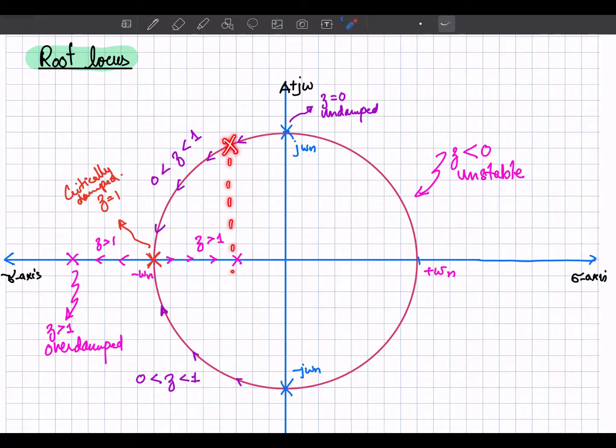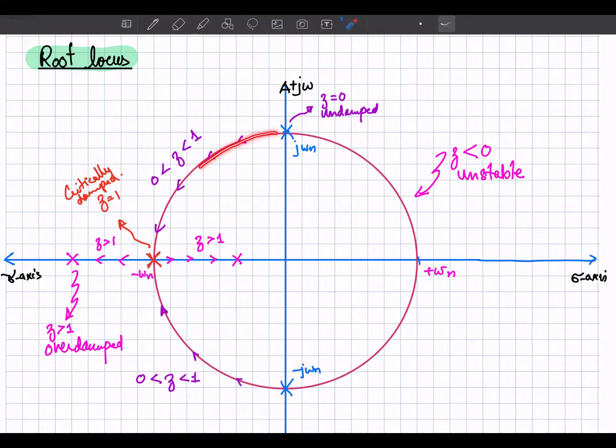If there is a pole over here, there will be the mirror image of this pole over here. Now if we increase the zeta, this pole moves over here, and this pole moves over here, and so on. If we keep on increasing this zeta, our pole will be taking this path, moving from here to here. So when the zeta is between 0 and 1, our poles are over this trajectory. So your system is said to be an underdamped system, and the response of the system is like this. There are some oscillations, and finally it settles to the steady state value.